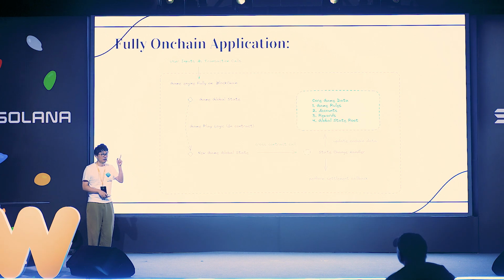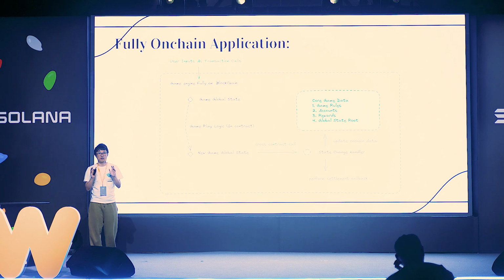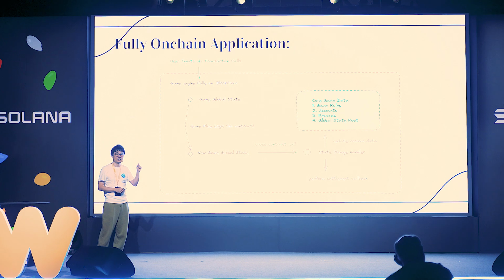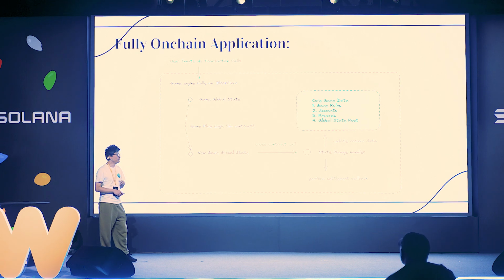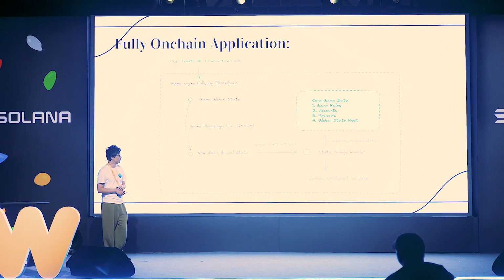You shoot at your opponents, and before you know whether you hit or not, you sign your shot first, and then you shoot the bullet, and the chain tells you whether you have hit your opponents or not, right? So the advantage of this architecture is that everything's on chain. You can hardly tweak the result, but the drawback is very obvious because every single activity you have to sign